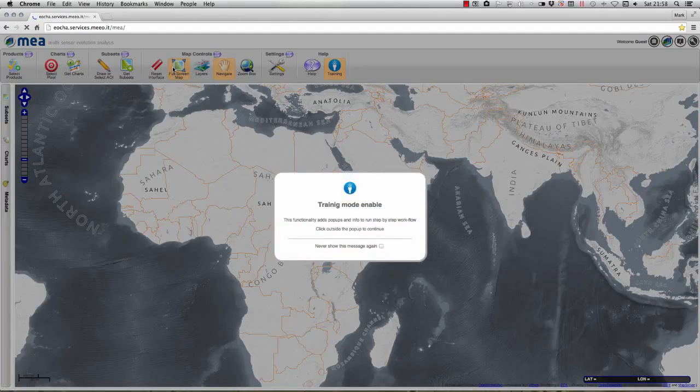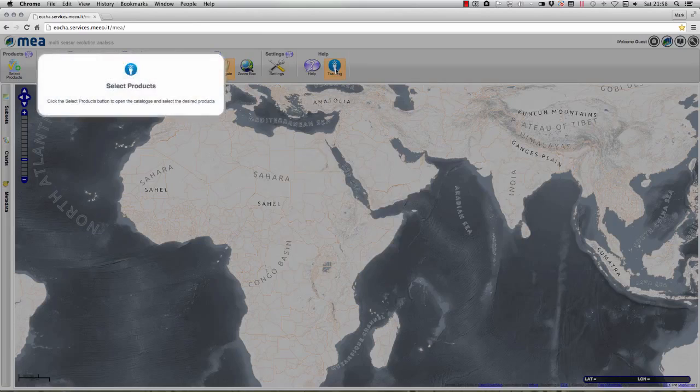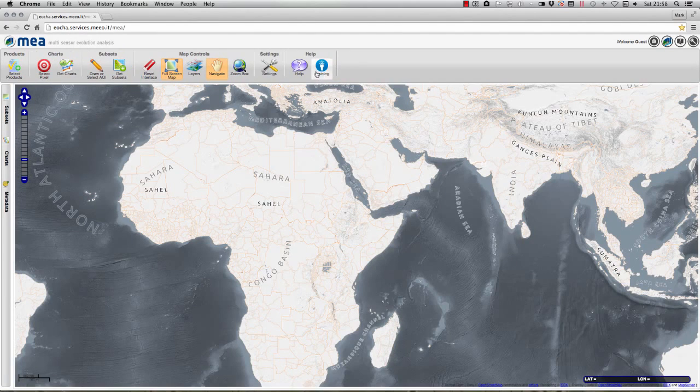Now by default you'll notice that training mode is enabled. I'm going to switch that off by pressing the button here on the top toolbar, but if it's the first time that you've used this system, you might want to have the training enabled to give you a little bit